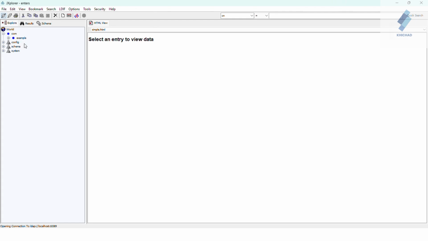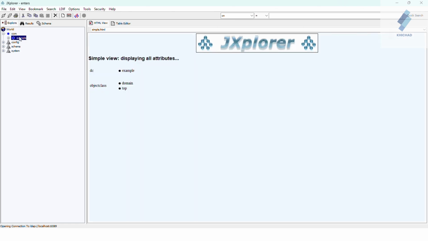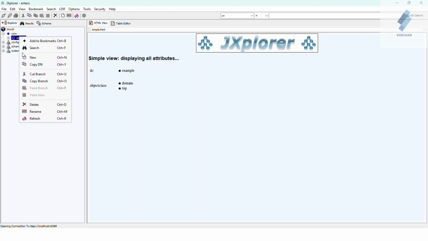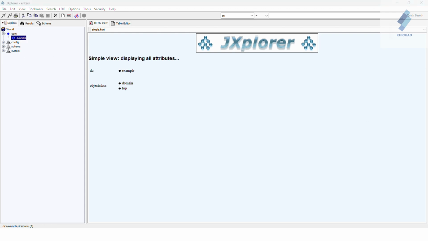We need to first create a user, an LDAP user. So go to the com.fa, right click and click on new entry. You will be prompted to provide the details of the object class.